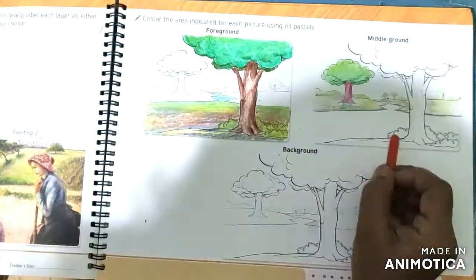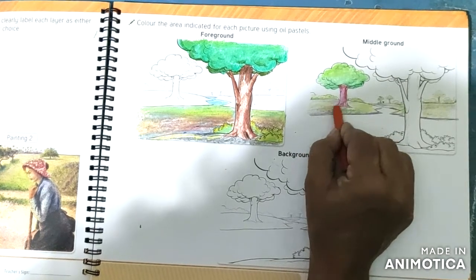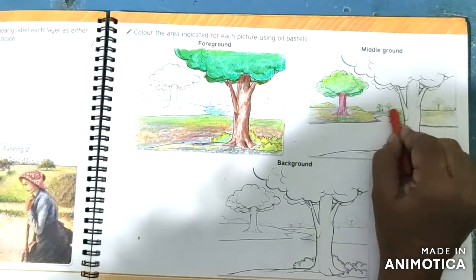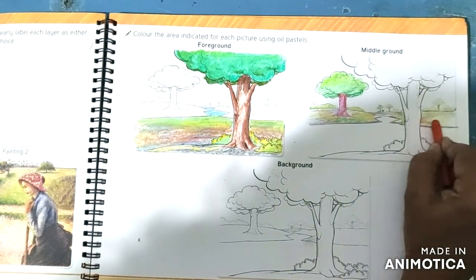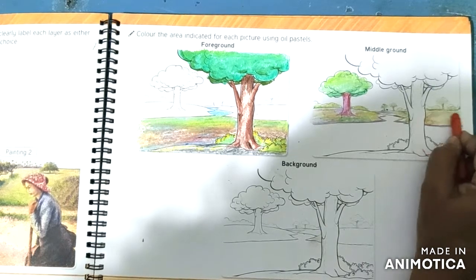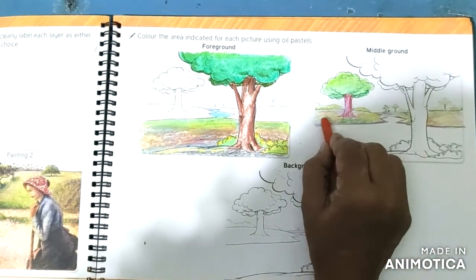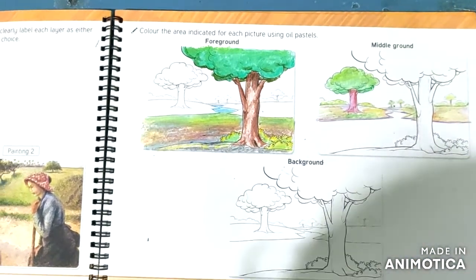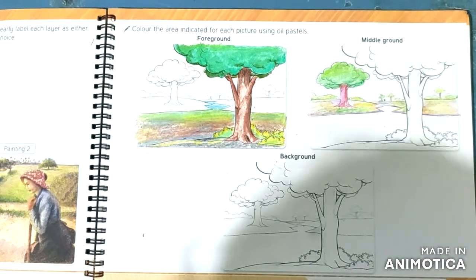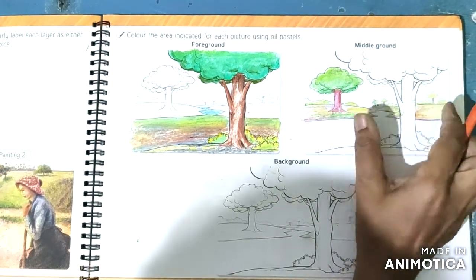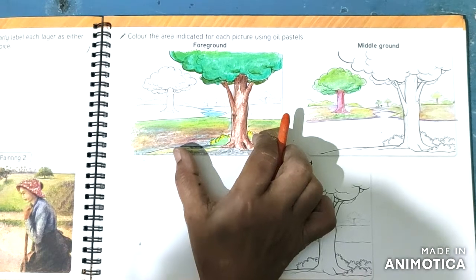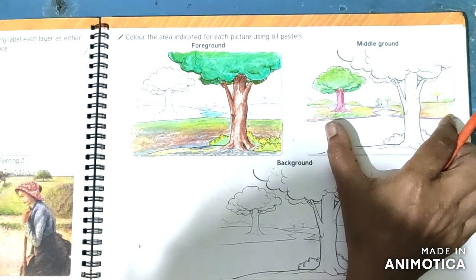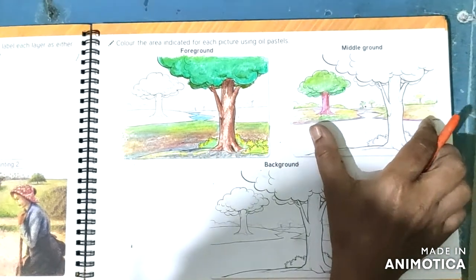Add a little orange. See friends, we consider this much portion as middle ground. In the foreground we give bright and dark shades, and in the middle ground less dark shades we tried here.